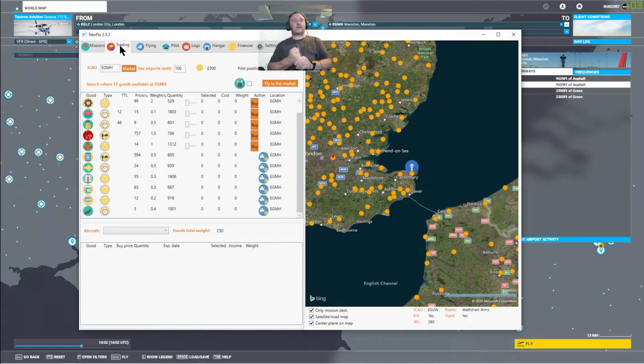Right, a couple of problems I have come across with this. First of all, I've had to start a new profile because I bought some cargo that's more than the plane could take, but you can't split the cargo. So that was one problem. Second problem, I started a new profile, which I've done now. I've now started this profile at London City Airport in London, and